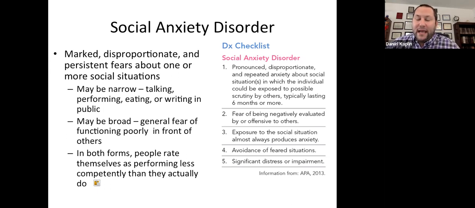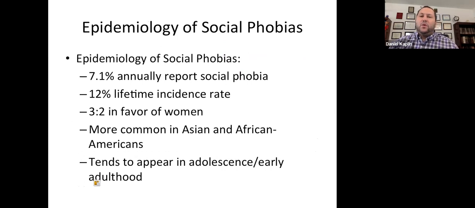And if you watch Big Bang Theory, I think it was Raj who was on a date with a young lady, and she had social phobia, and her anxiety got so high that she escaped to the bathroom and climbed out the window and never returned to the table. And that, while being sensational on television, is the reality for some people, that it causes them to avoid even things like dating. So, what is the epidemiology, or the prevalence of social phobias?